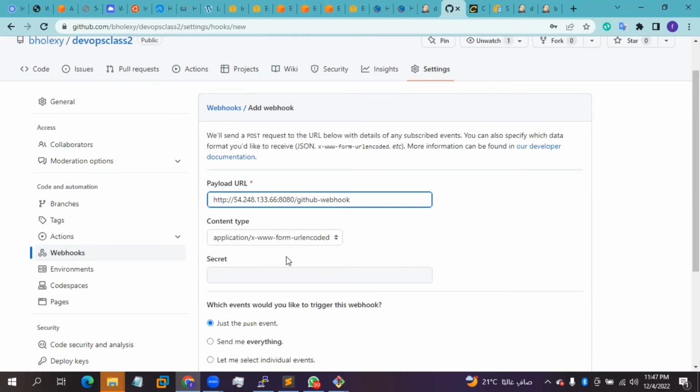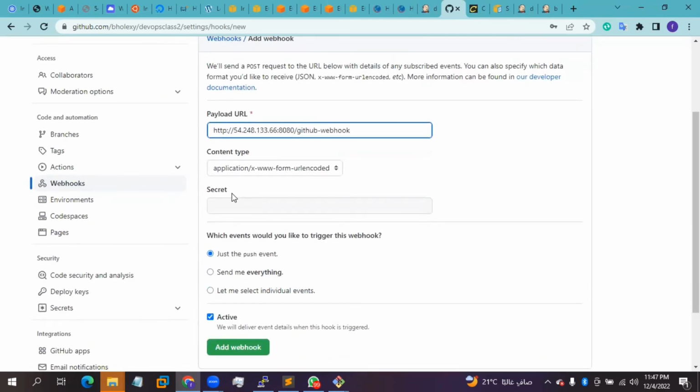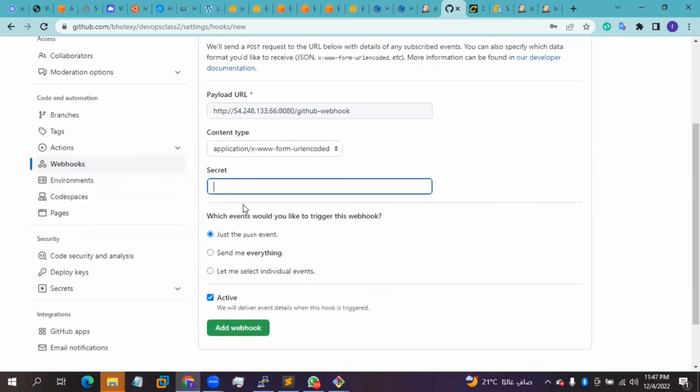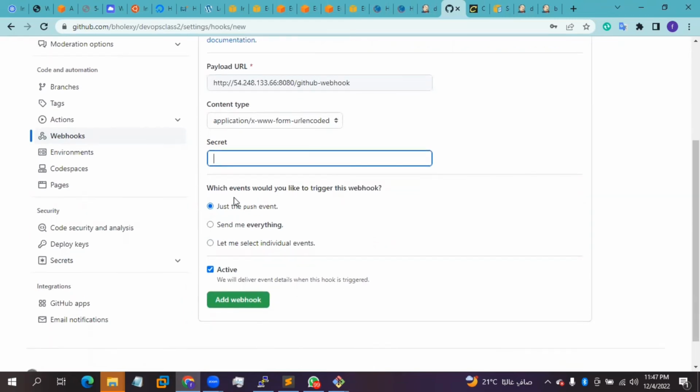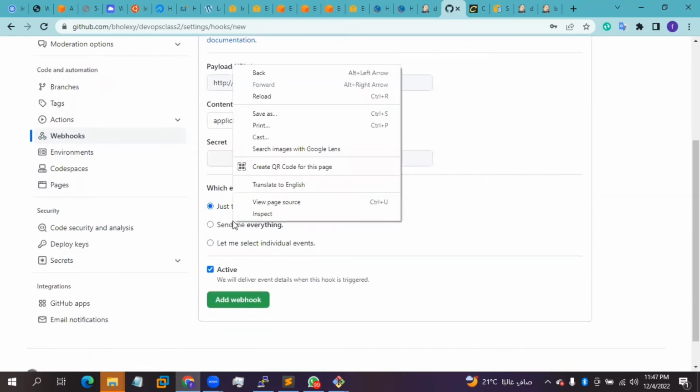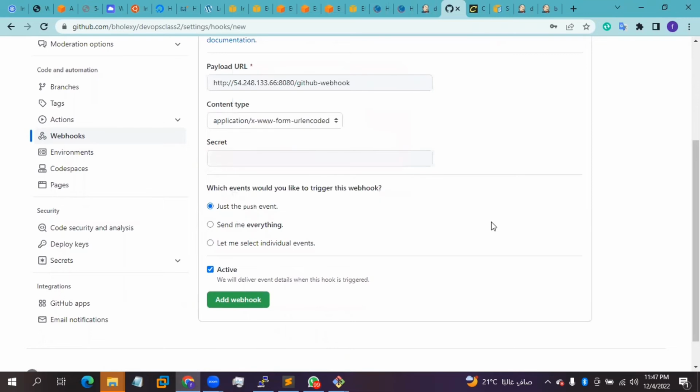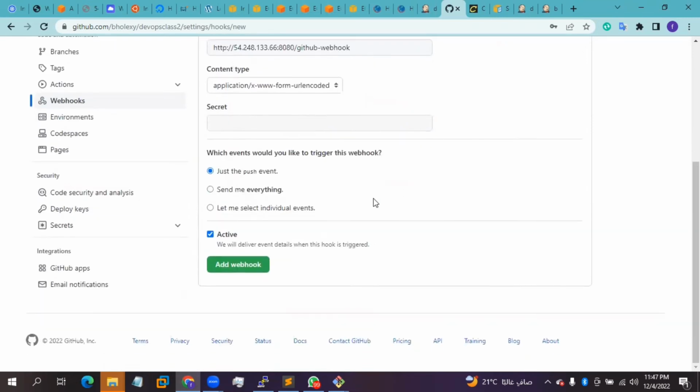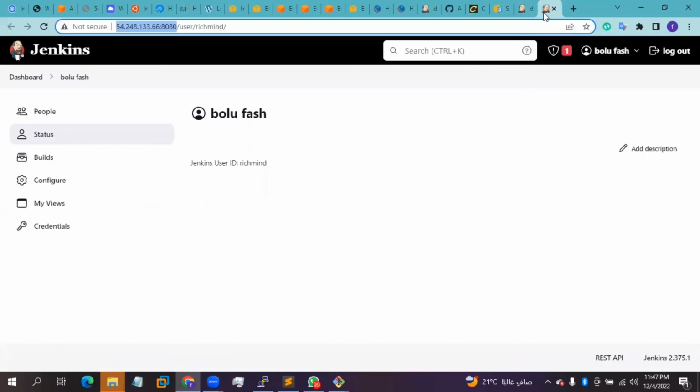Okay, and then secret. When you're talking about secret, are we going to use secret? Do we have any secrets we are going to use? So now we have to actually create the secret. We have to create a secret that we're going to make use of. Otherwise, it's going to complain about not having access. So how do we